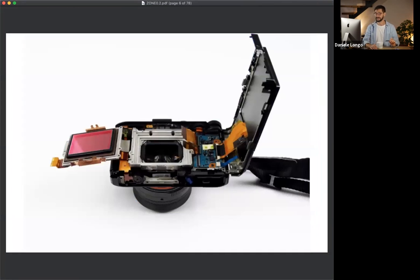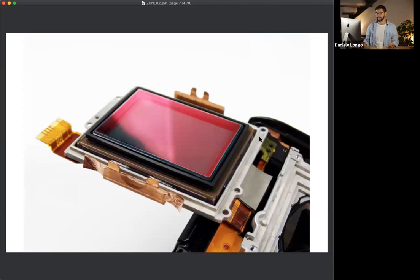But what is important to understand is that inside a camera, what you see here, that's the camera which has been assembled. The sensor is the same or better, different manufacturer, different specs. However, you can find the same quality sensor in all of these systems that we just looked at: in the crop, in the full frame, in the medium format, and in the mirrorless versus DSLR. And so if you heard someone saying this camera is better than that, it produces better photos, just be suspicious about it,